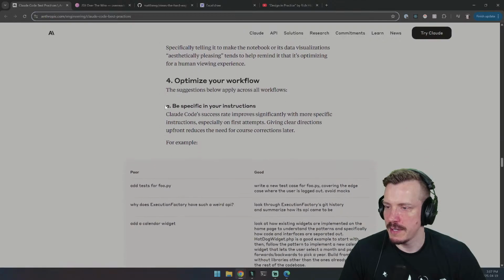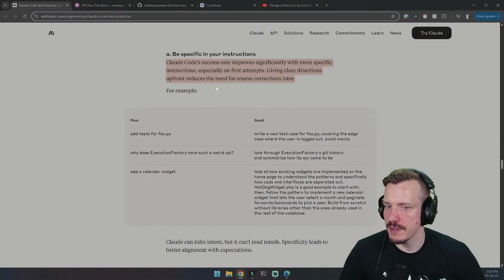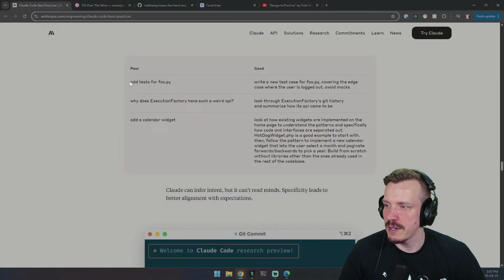Optimize your workflow. Be specific in your instructions. Claude's success rate improves significantly with more specific instructions, especially on first attempts. Giving clear directions up front reduces the need for course corrections later. For example,